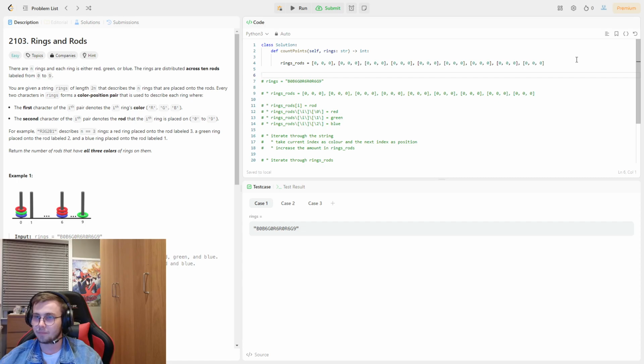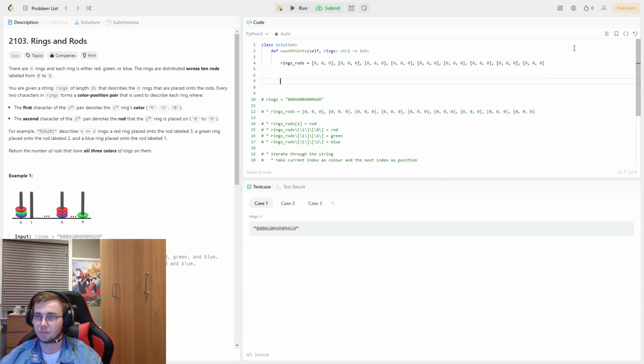Then we're going to iterate through the string. So for character in range, length of string,